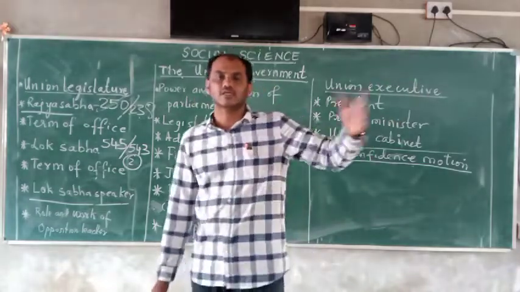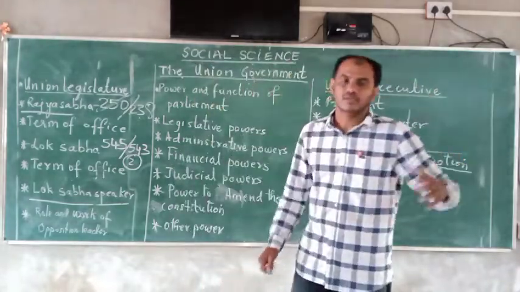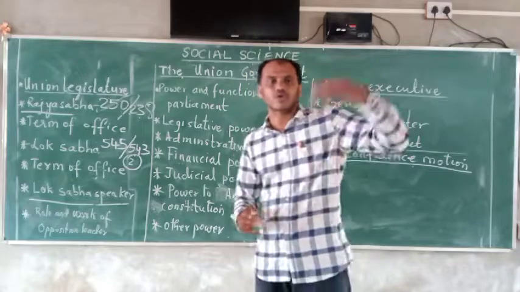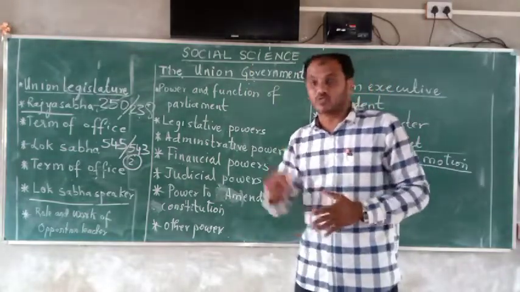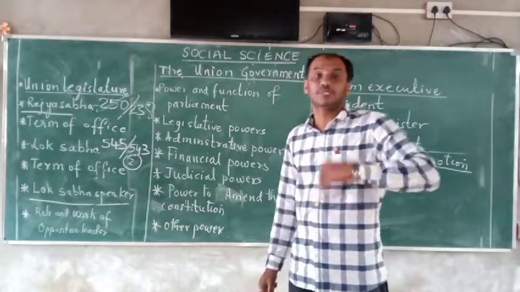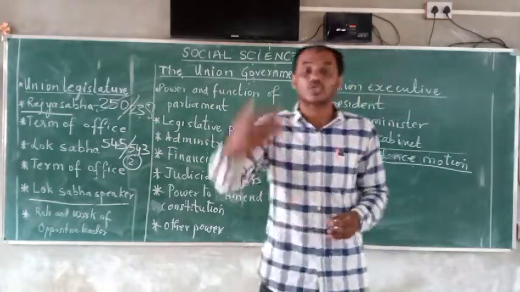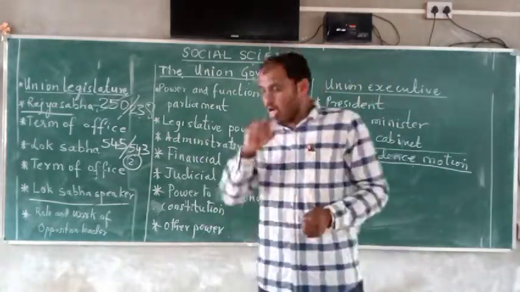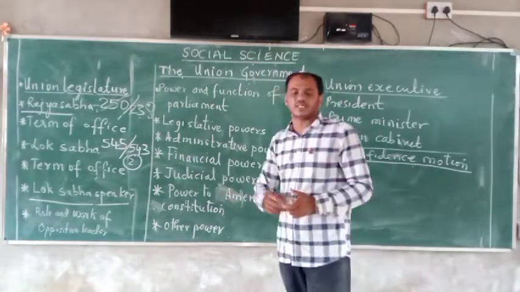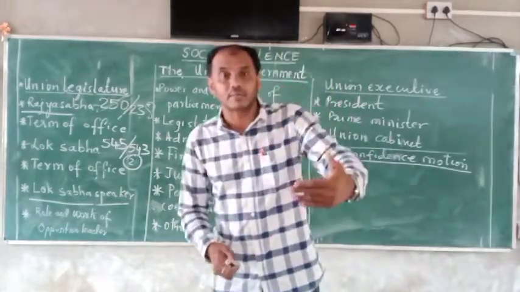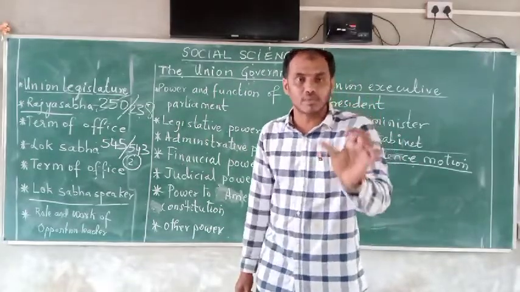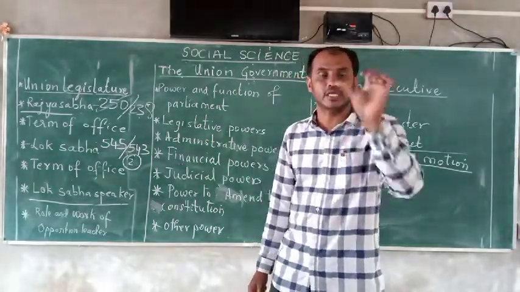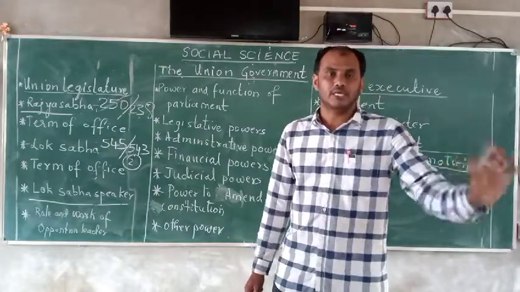The best example, I think, is Gulbarga. Today it is called Kalburgi; earlier it was called Gulbarga. And Bijapur: today it is called Vijaypura; earlier it was called Bijapur. So by amending the constitution or by the powers of the Parliament, the name has been changed. Only the central government or the Parliament has power to change the name of any